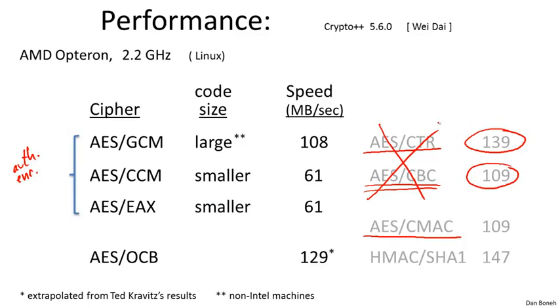And so I listed performance numbers for the three standards. Let me remind you that GCM basically uses a very fast hash, and then it uses counter mode for actual encryption, and you can see that the overhead of GCM over counter mode is relatively small. CCM and EAX both use a block cipher based encryption and block cipher based MAC, and as a result they're about twice as slow as counter mode. And you see that OCB is actually the fastest of these, primarily because it only uses the block cipher once per message block.